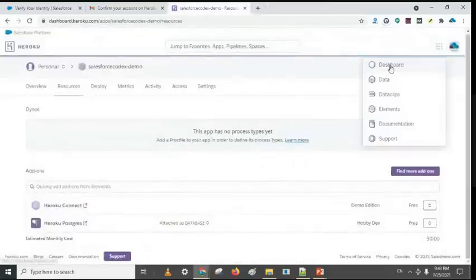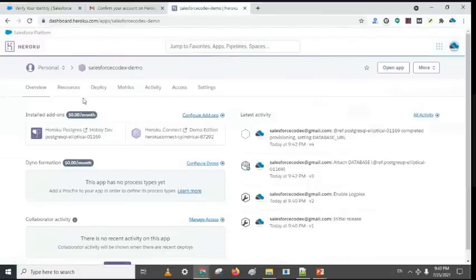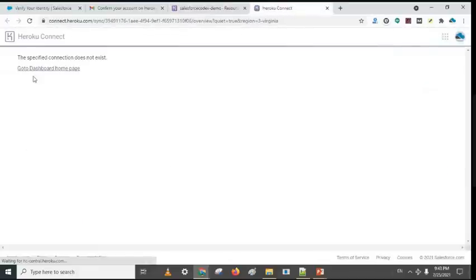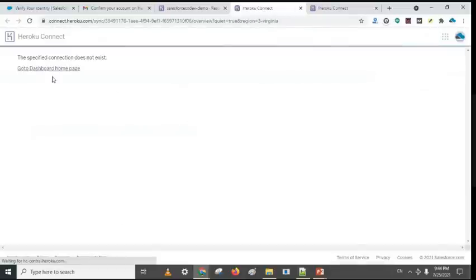Okay, let's see in the dashboard. Next step, resources. Looks like there is some issue. No connection found. Okay, one second, view in Dev Center. Actually, we have to connect it, so it's not getting the account setting.